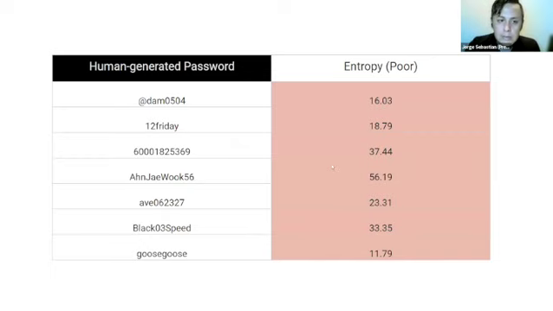I made this table using human-generated passwords, which, by the way, are real passwords. These passwords were leaked on the open internet. Of course, I'm not revealing who owned the passwords, but I wanted to use a small collection of real passwords so you can see how complex they are. And this of course will come into play when it comes to hackers cracking those passwords. The lower the entropy number,